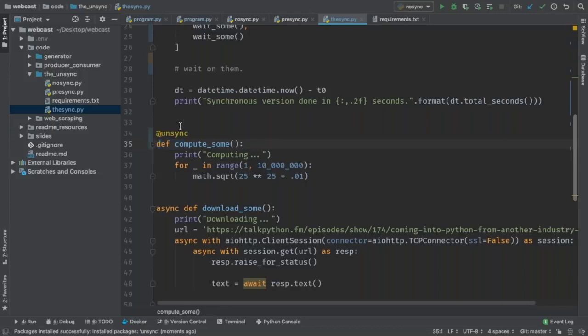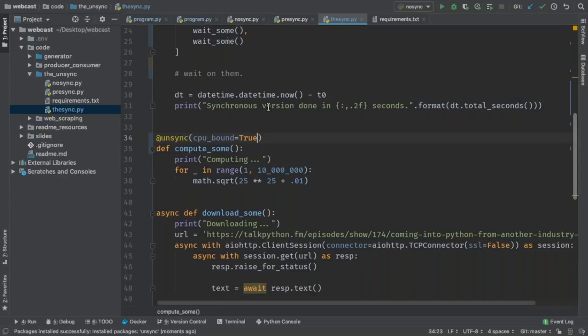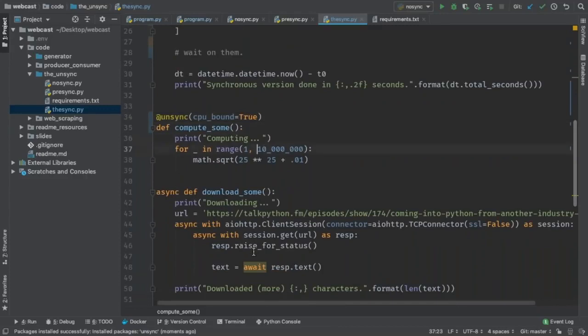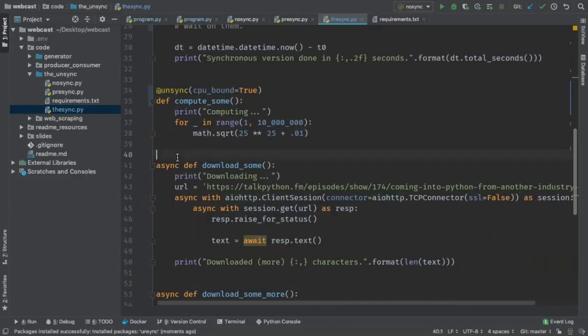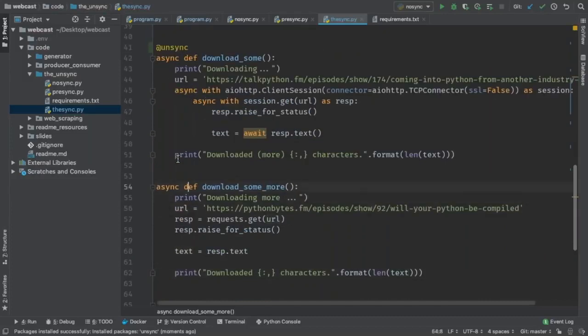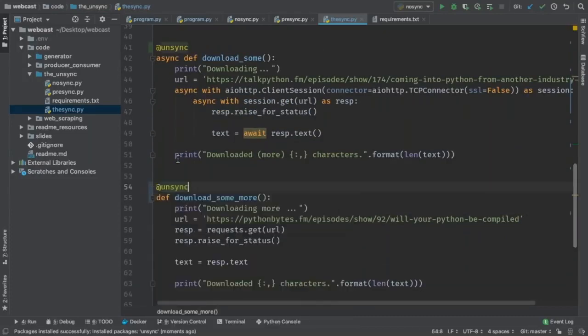If it's not, it runs it on a thread. But I can tell it this is CPU bound, and now it runs it on multiprocessing. It's the wrapper of the function that decides that. They all use the same API. Okay, so this download sum is truly an async thing, so we can just say unsync. This one actually is not really doing an await, so we just say unsync like that.